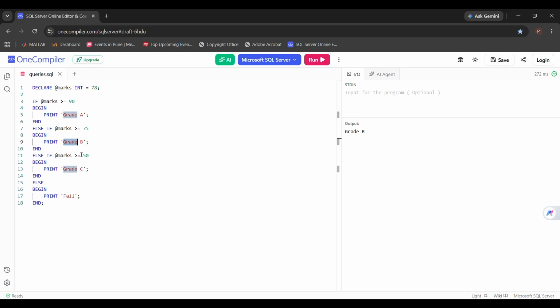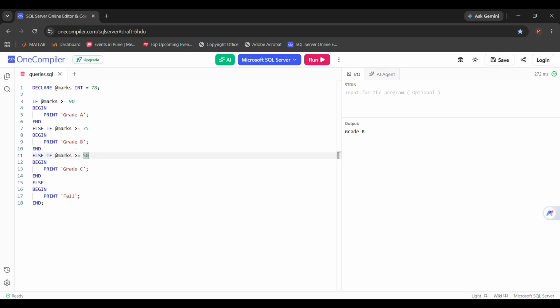After finding a true condition, the program stops checking the remaining conditions. So the other statements, like 50, are not executed. This is because the program has already found the correct grade. Then why is the output B grade? The student's marks are 78.